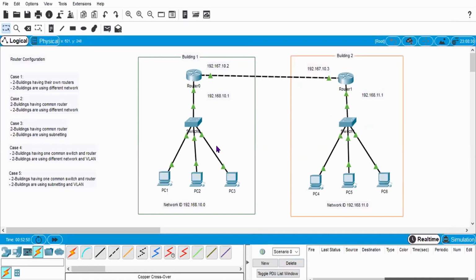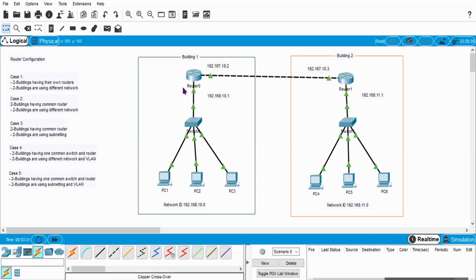So after defining all this, I need to define whatever port and connections I am having, and from where I am getting that connection. So building number 1 needs to have the information that it has one wire, and that wire is coming from building number 2. If that wire is coming from BSNL, then it needs to be defined that the wire is coming from BSNL, and BSNL is using this network. If that wire is coming from Jio, it needs to be defined that the wire is coming from Jio, and Jio is using this network.